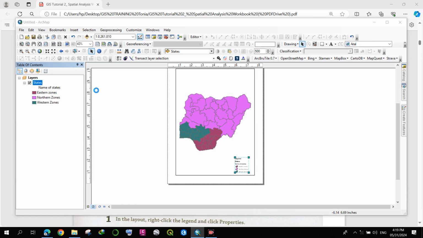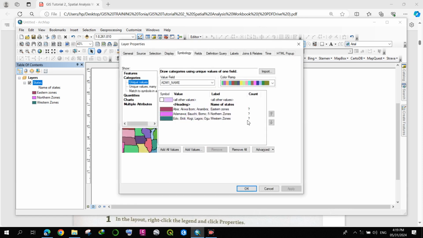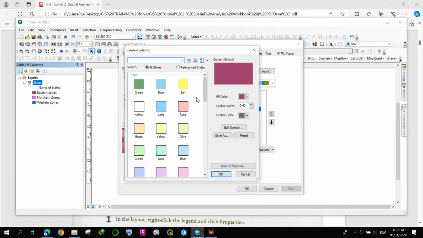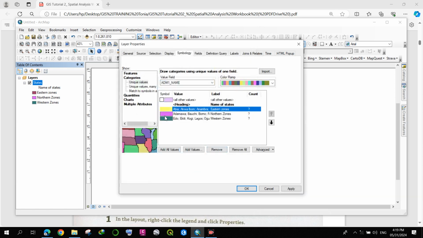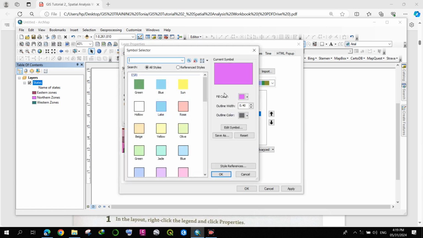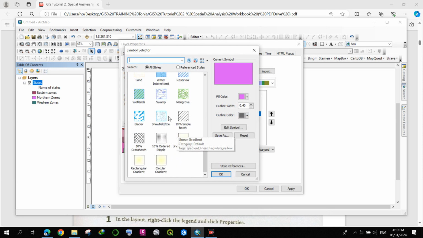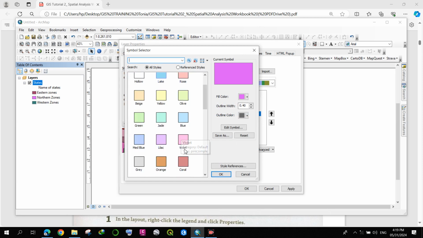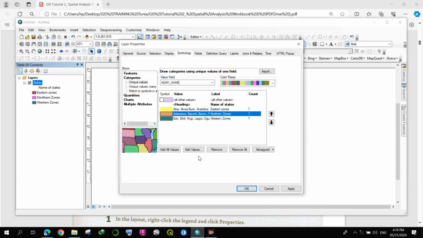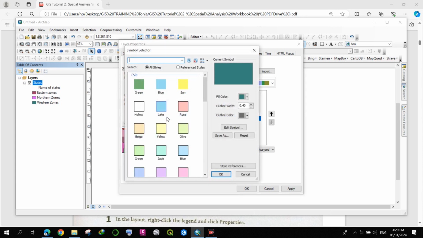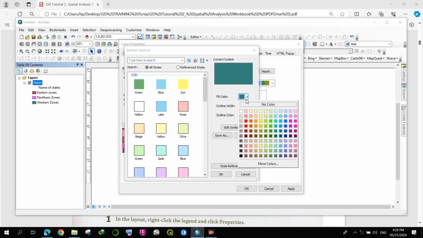Let me change the color. So let me change this to Hausa. Let me change it to something like sun. The Igbo should be, let me use orange. Depending on your choice,